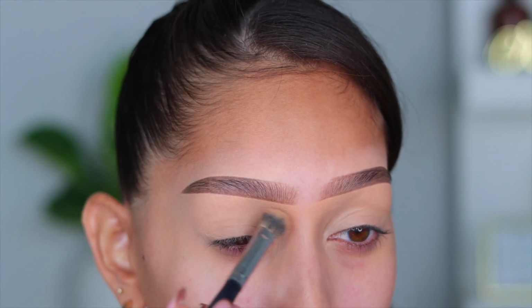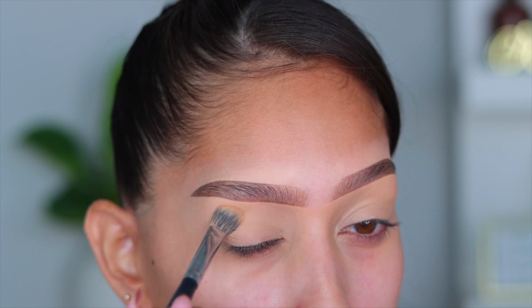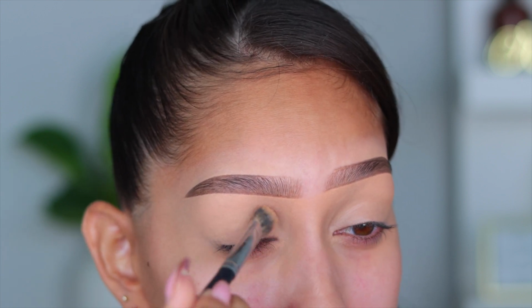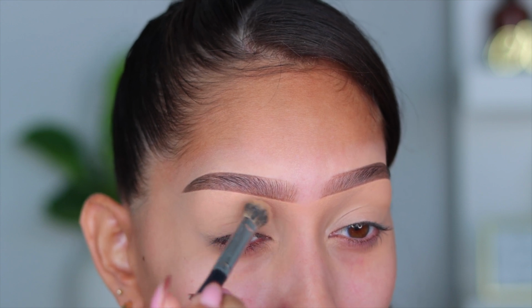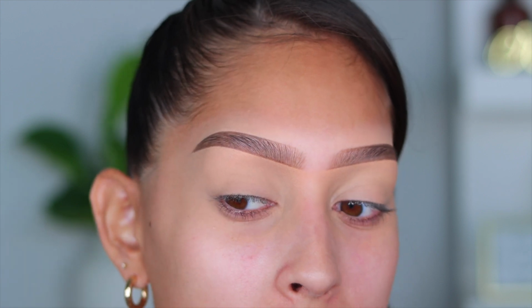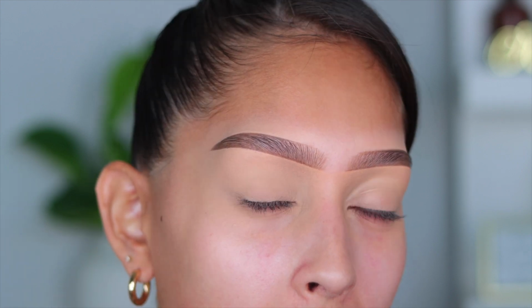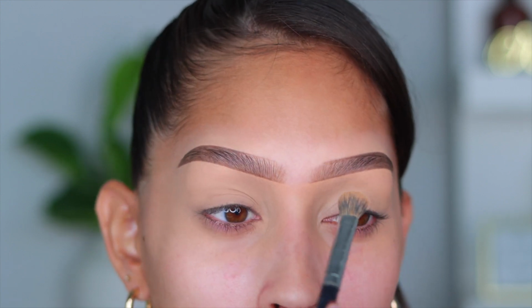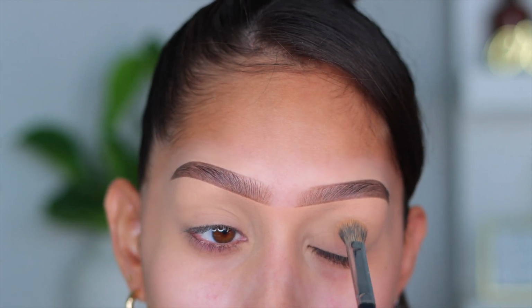So when I use an eyeshadow base or when I'm working with super bright colorful shades, the point is for it to stick to the base, right? So you can get that maximum intensity, you can really build up the color, everything looks really nice and intense. But for today's look, because it's so natural, I just want everything to look like a dusting of color. It's meant to look really nice and natural, really nice and blended,